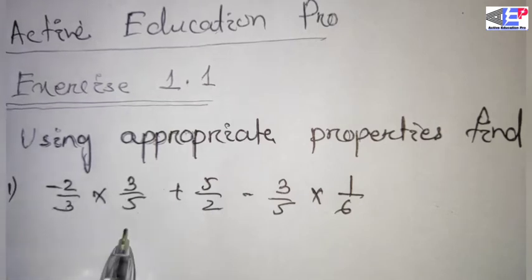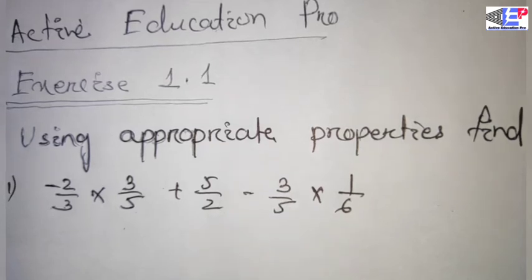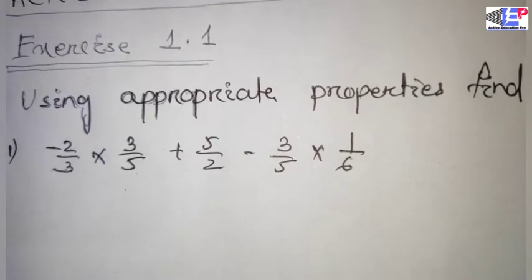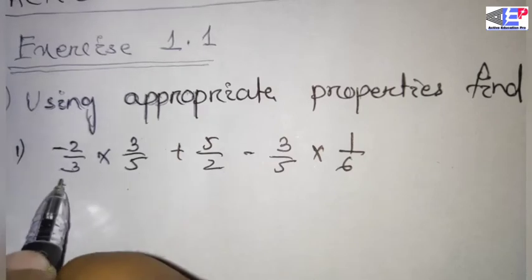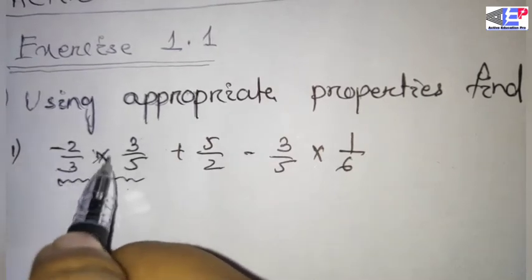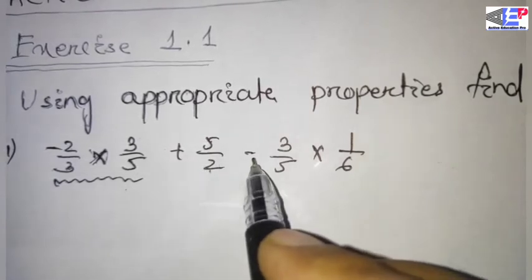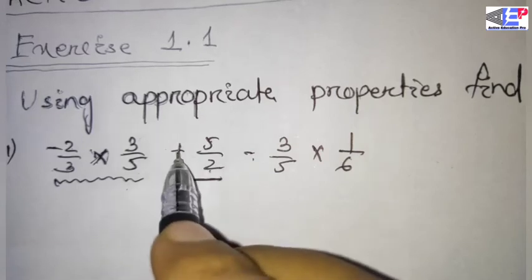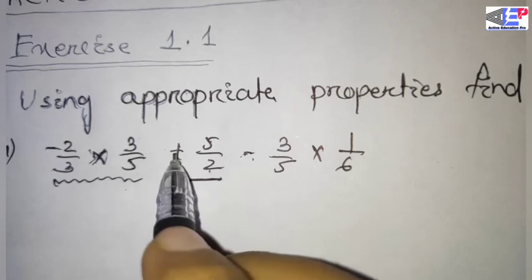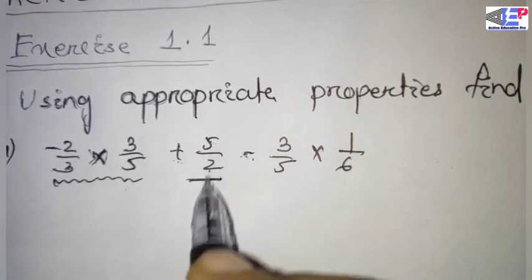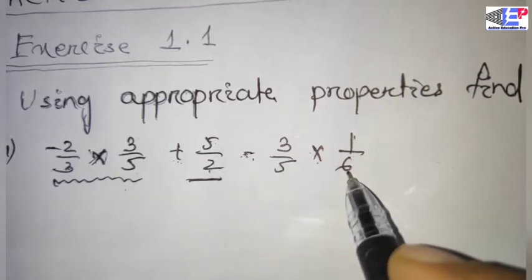Minus 2 by 3 into 3 by 5 plus 5 by 2 minus 3 by 5 into 1 by 6. First check how many terms are in this question. Minus 2 by 3 into 3 by 5 is one term because there is a multiplication between these two numbers. Again plus 5 by 2 minus, so it is the second term because plus and minus distinguish between the terms. Terms differ by the plus or minus symbol. So 5 by 2 is the second term, and 3 by 5 into 1 by 6